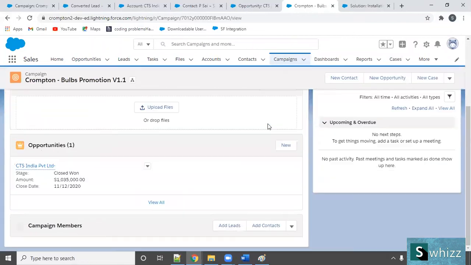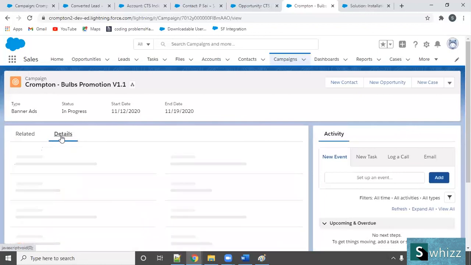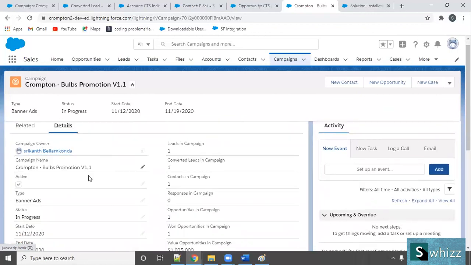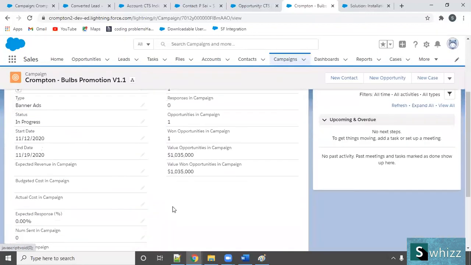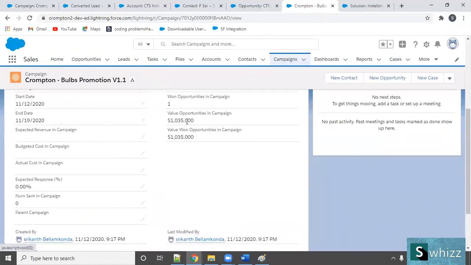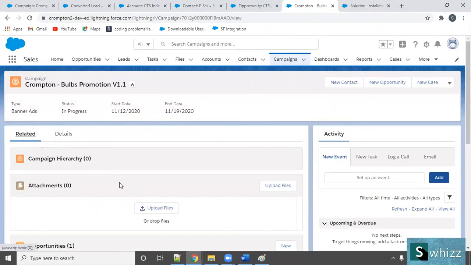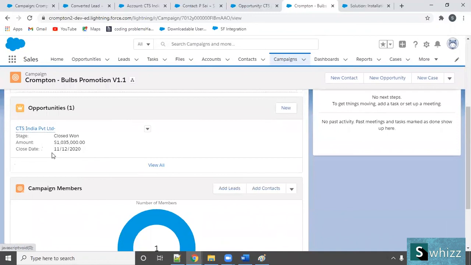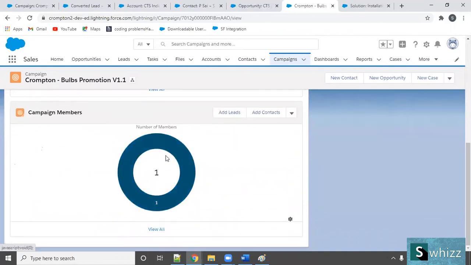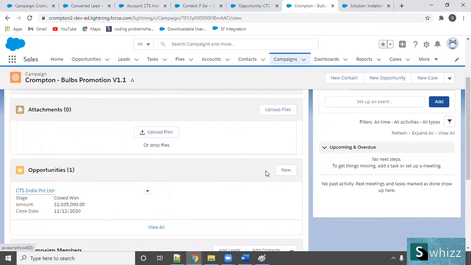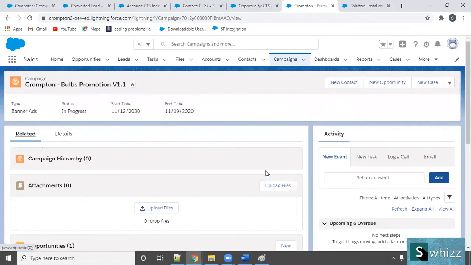It shows in a different picture. This is the related list and these are the detail sections. You can see the information. See, the revenue from the top sheet also came here. Right? Everything on the campaign directly. If you want to view something, click on the related items. So this is the opportunity. Even see, this is a chart actually. Salesforce is giving this. It's a very cool feature in Lightning.